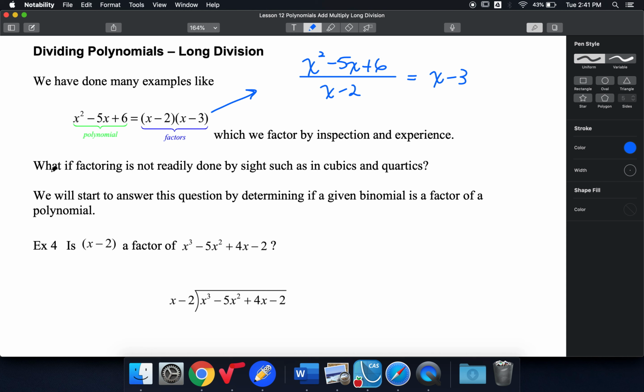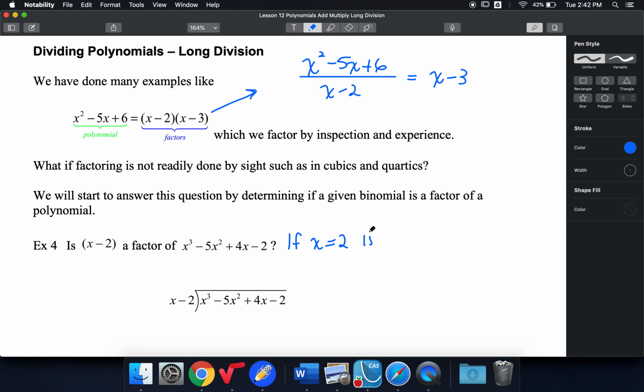So we can factor things that are quadratic and sort of simple for us to see. But when factoring is not easily done, we can think about long division. First, let's think about whether a given binomial is a factor. Is x minus 2 a factor of this cubic? Well, think about if this is a factor, then that means that x equals 2 is a root, and being a root would imply that